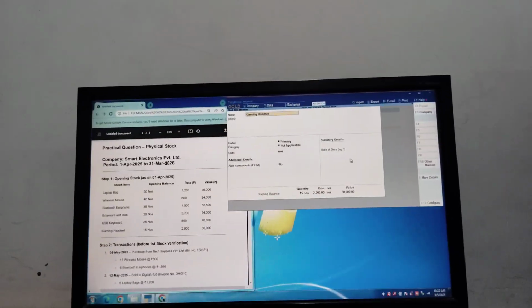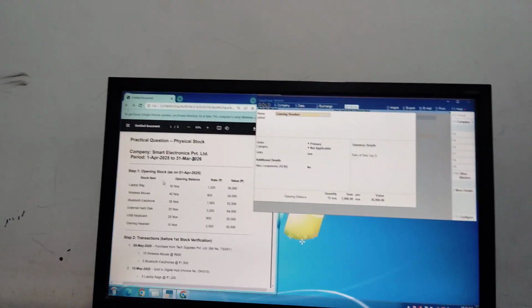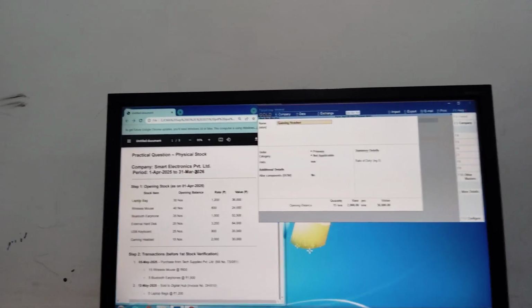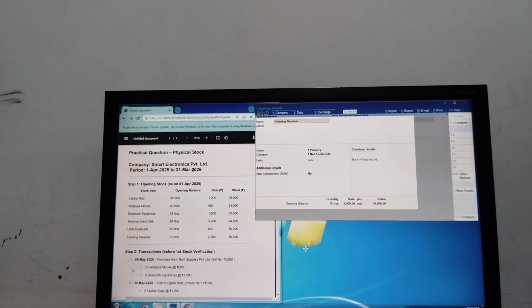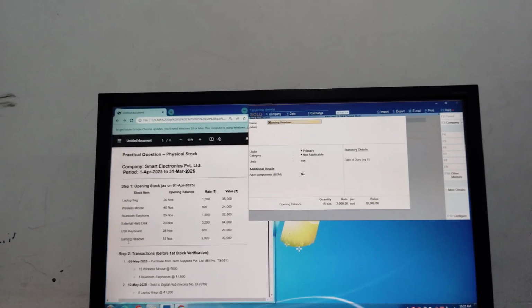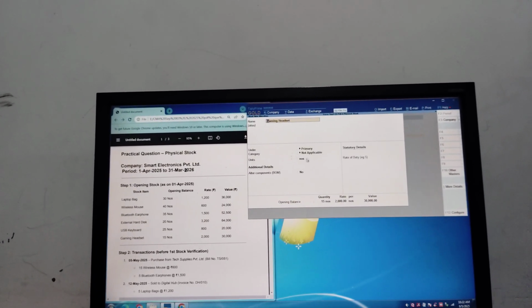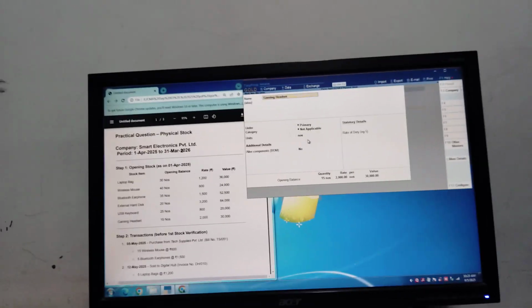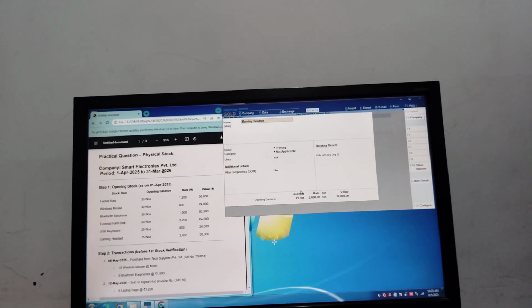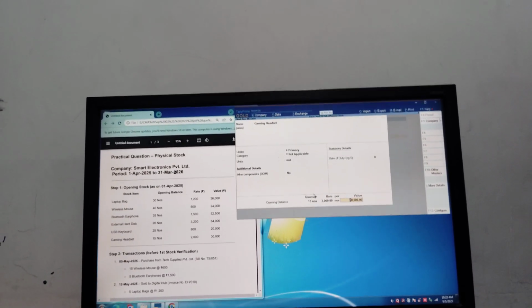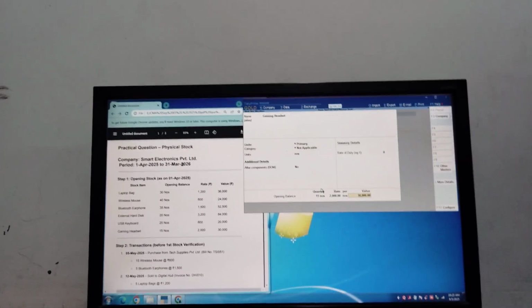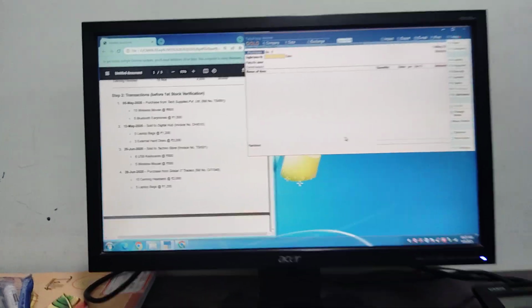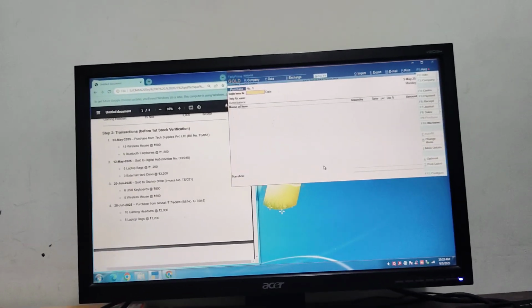4. Question physical stock. So we have made the units, NOS numbers, then we have made the stock items. Now this is gaming headset, primary not applicable, under gaming headset under NOS numbers. Then after that we have clicked control enter, it used to come at the end, and we have put the quantity and rate, then control A.